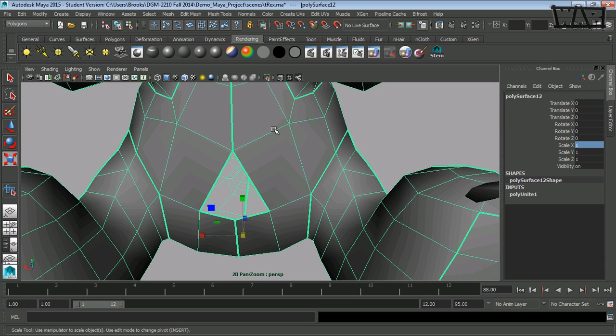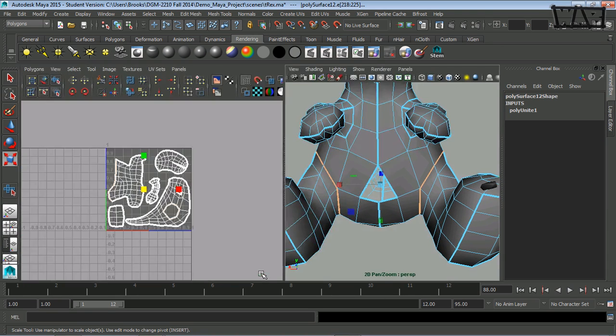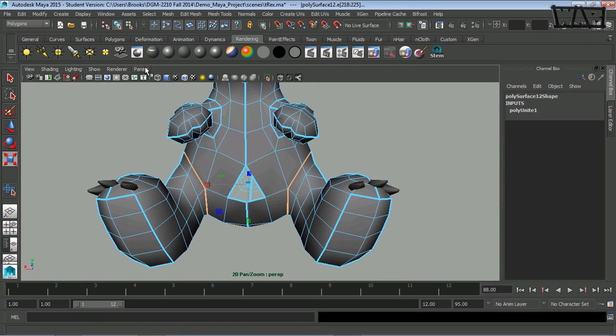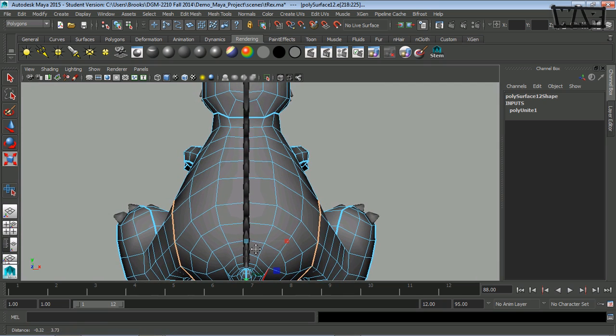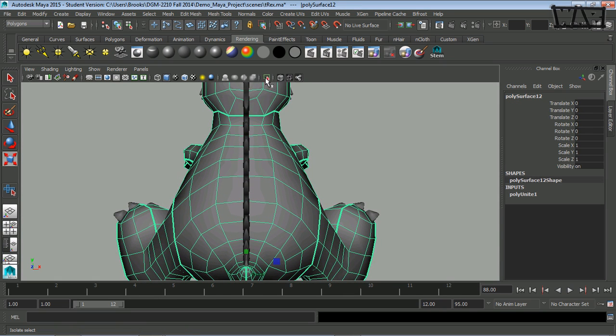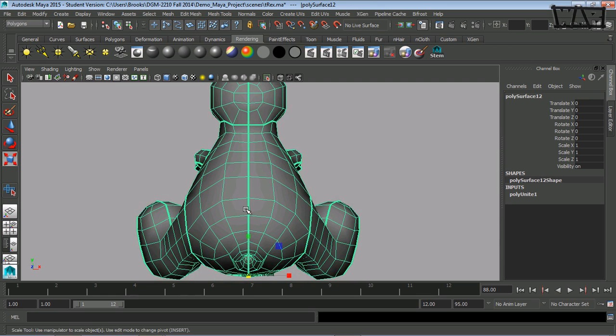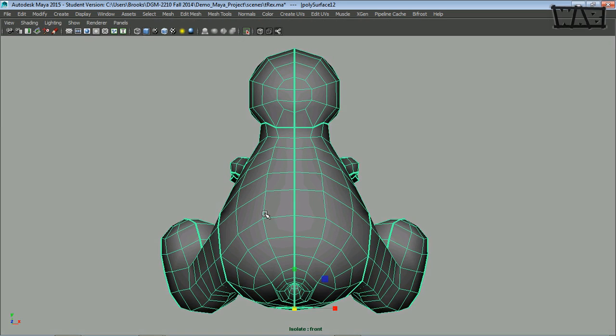Before I do that, I'm going to go to Edge Mode. Go switch my view to my orthogonal front. Need to get those spikes back out of the way, so let's go to my selection. Isolate select. And if I press Control Spacebar, it'll